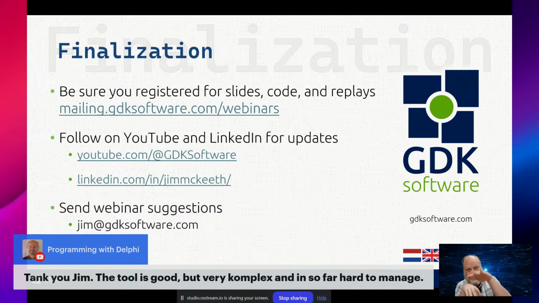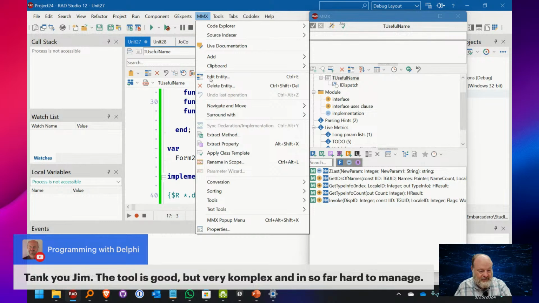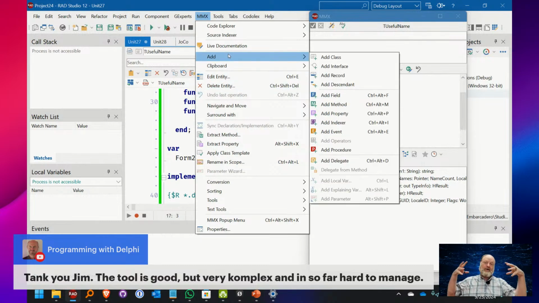There is a pretty good learning curve, at least I felt like, because I'm going to go back into the IDE. You need to bring up this window, right? There are these windows you have to bring up that are your interface into the functionality of MMX, and that's not always obvious, at least in my opinion. So it does kind of change the way you're writing your code, your workflow.